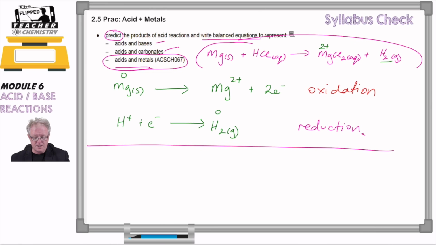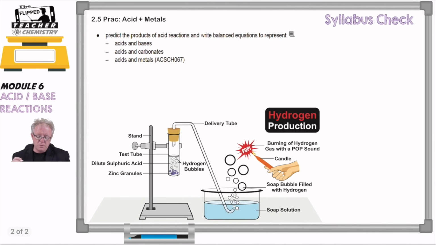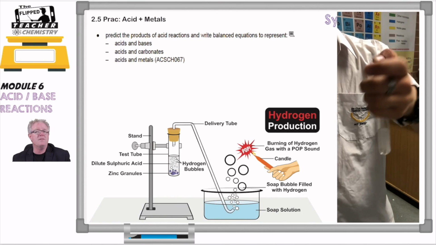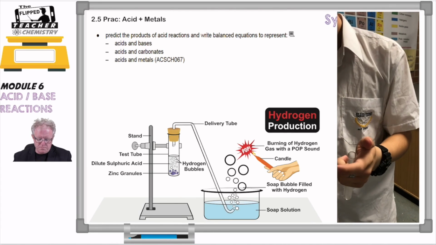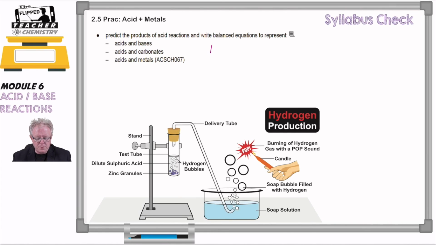Let's go to the next slide. And remember we said that we can do a test for hydrogen gas by doing the pop test, and just to remind your memory, there it goes. And remember we said with the pop test, we've looked at it previously and said if we have hydrogen gas, we combine that with oxygen gas, that's going to give us water,